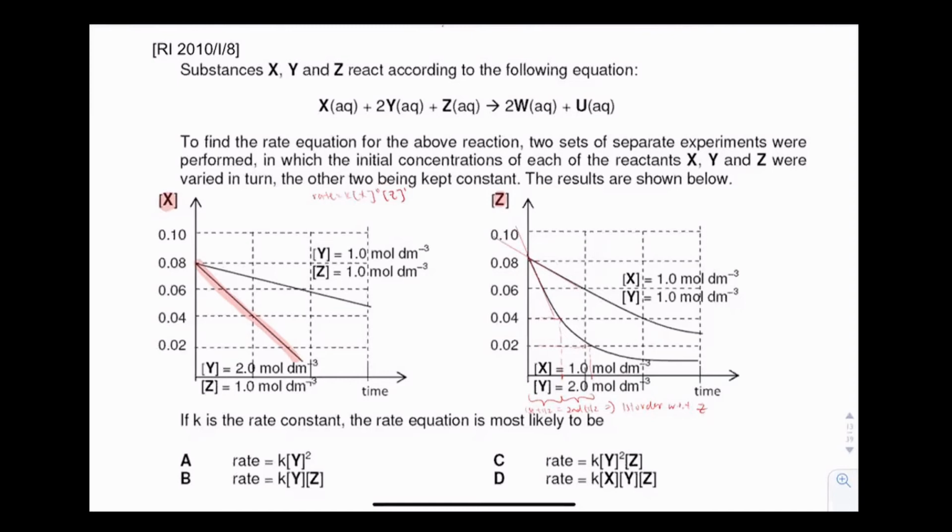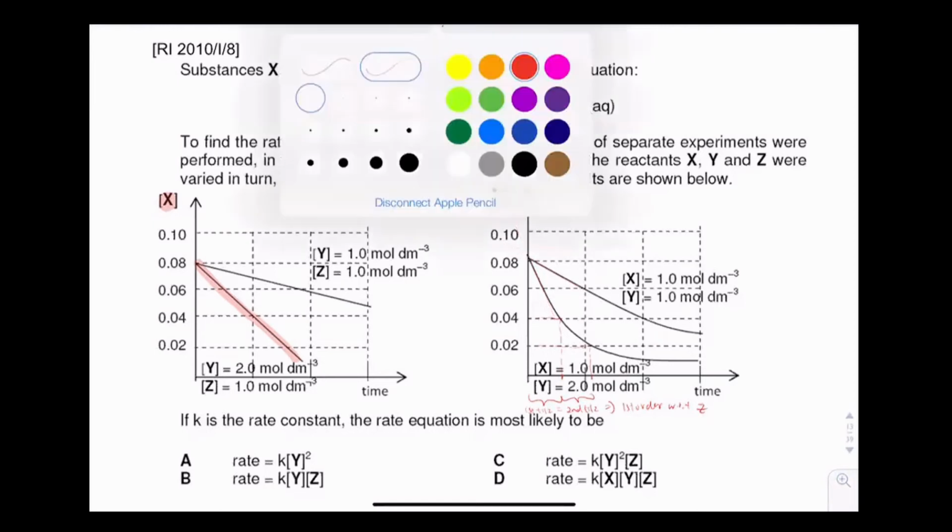And then you compare how the tangent changed when the concentration of Y changed. And then you'll be able to derive the order. So this is known as the initial rates method. Unless the question specifies that you have to use this method, I recommend you not to use this, okay? So my preferred method is